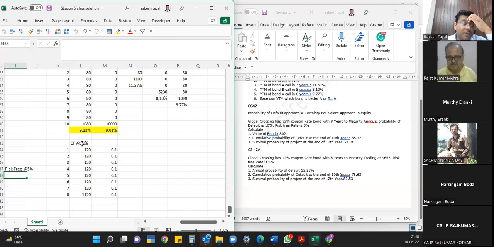So risk-free rate is 5%. They are offering 12%. तो 7% जब ज्यादा देते हैं तो इसका मतलब कोई ना कोई रिस्क है बॉन्ड में, वो ए रेटिंग होगा, बी रेटिंग होगा, तभी मुझे इंटरेस्ट रेट ज्यादा मिल रहा है, तो उसका डिफॉल्ट का चांस भी होगा। तो उसने कहा 10% डिफॉल्ट का चांस है, पहले साल में डिफॉल्ट करेगा।